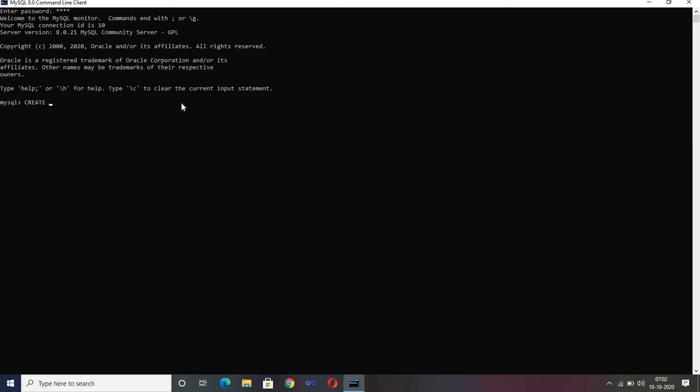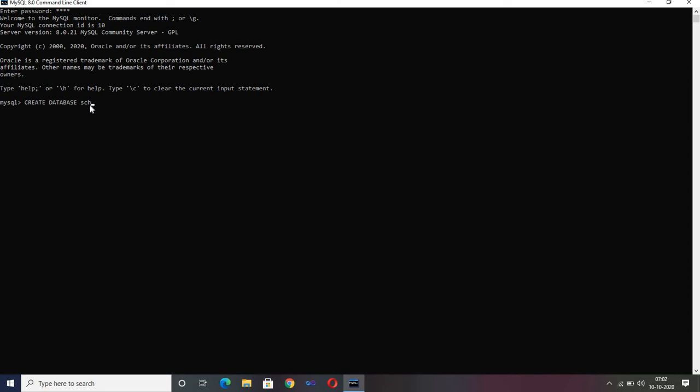Okay, I have written it in a capital letter, so it gets highlighted. If you want, you can simply write it in small also. So create, and then we use the word database. We have to specify this, so it shows that SQL has to create a database, and then you write the name of the database.